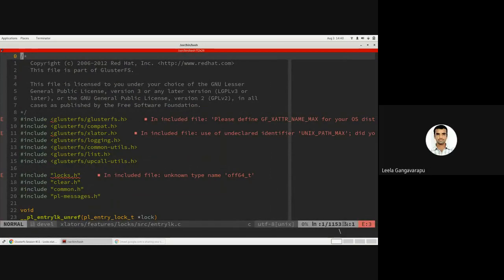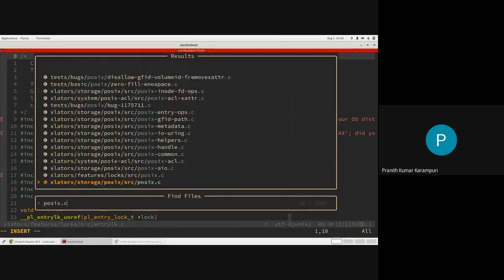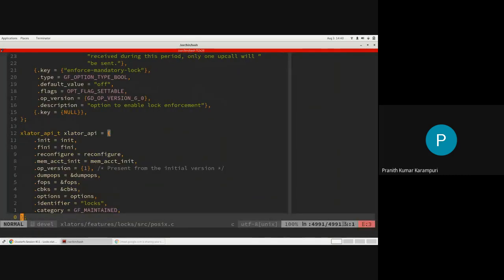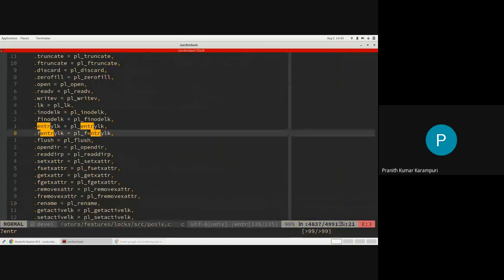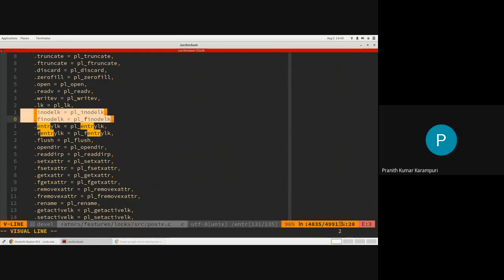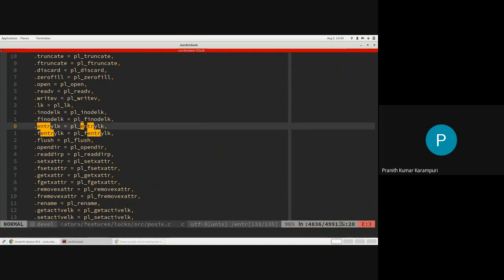Yes. Okay, cool. So in locks posix.c is where the call would come, which is the entrylk. So entrylk is on the inode and fentrylk is on the FD. Same rules apply as inodelk and finodelk. But I don't think in the code at the moment anybody uses fentrylk. It's very rarely used. Actually, it's not used so far, but it exists. So if in future you want to use it, maybe we can.